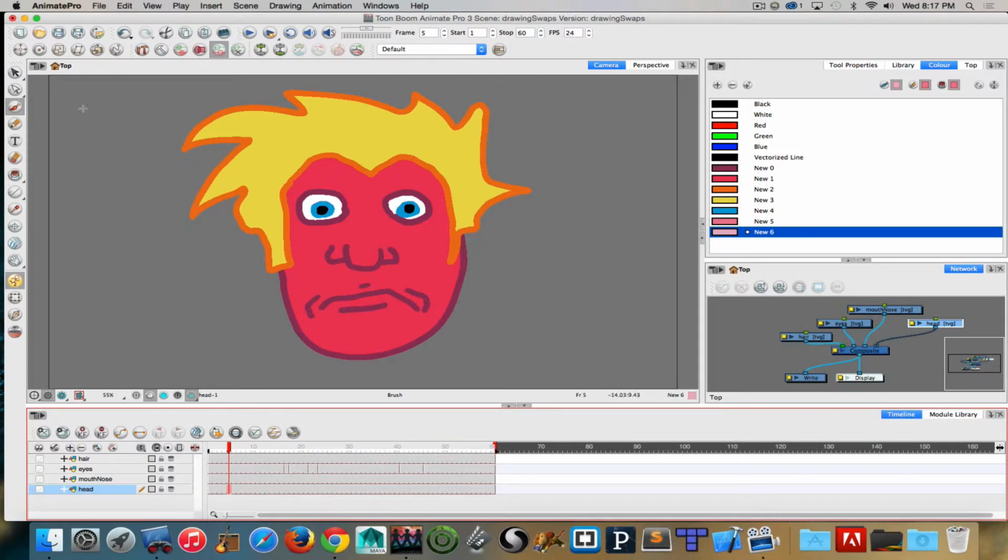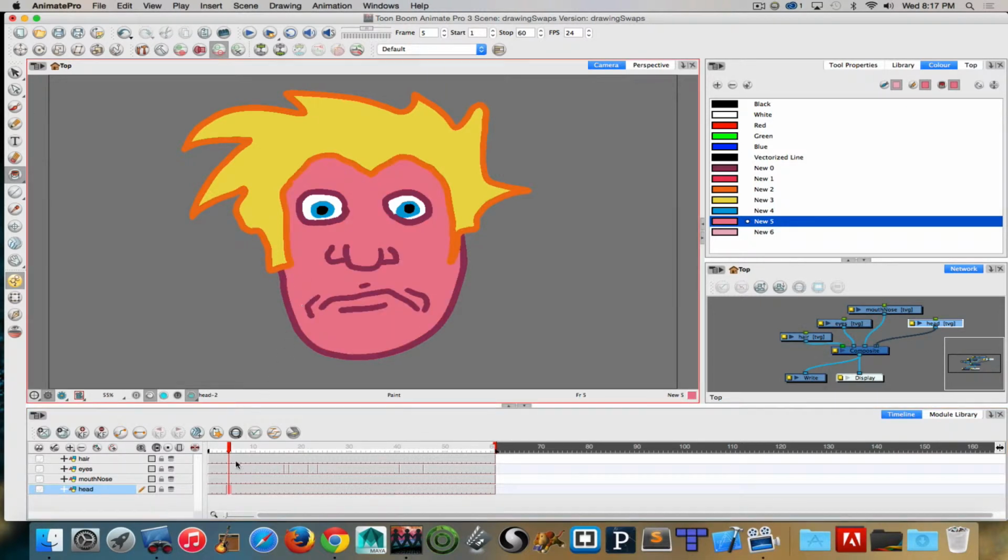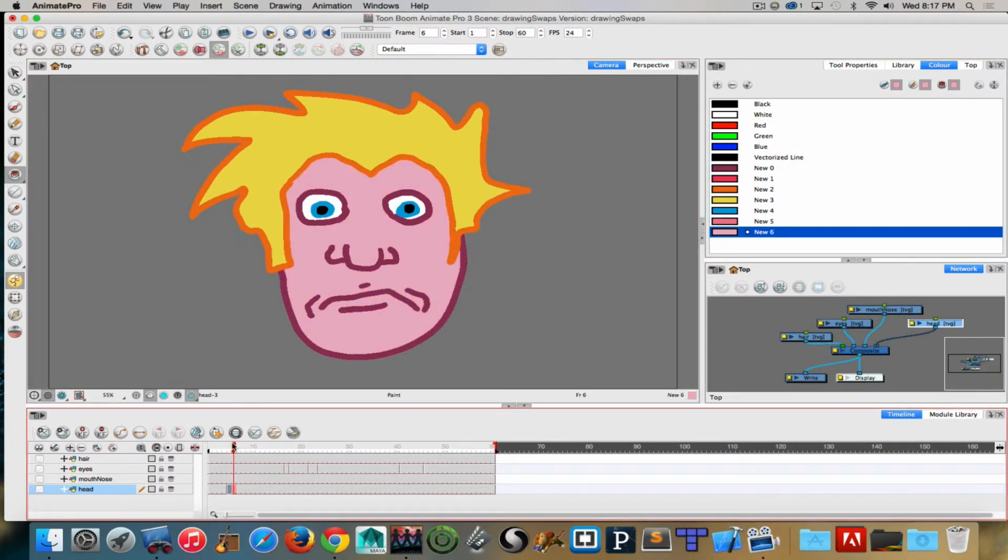Now on the head, I could just as easily say, okay, I want to duplicate instead of start with a clean drawing, and then fill that with the different colors. So we had the red, now it goes to that. Now I can duplicate. So this one is duplicate, this one makes an empty drawing. So if I go duplicate again, grab the paint bucket, go to the lighter color, fill it up. So we can see he's going to,